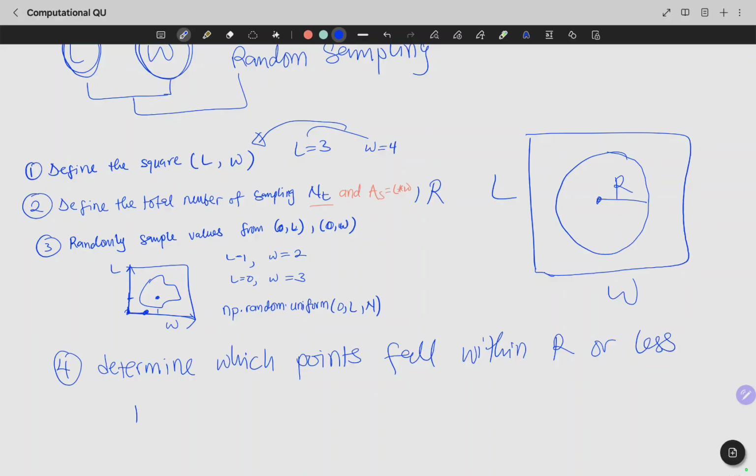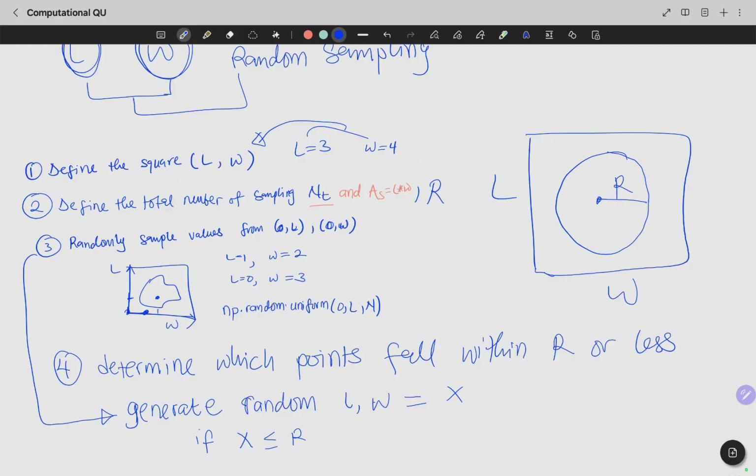So you can say generate random L and W, this one, and then you say if, so let's say this is equal to x. So if x is less than or equal to r,